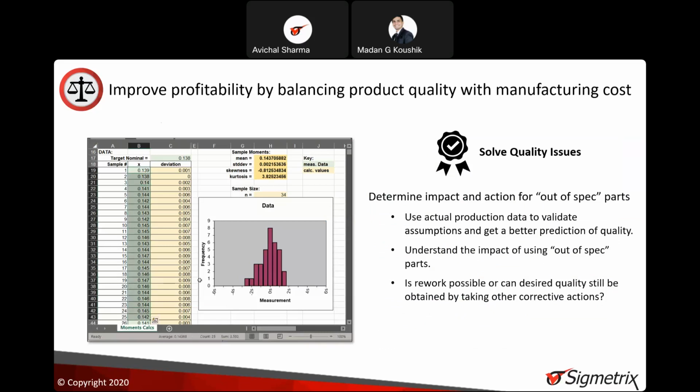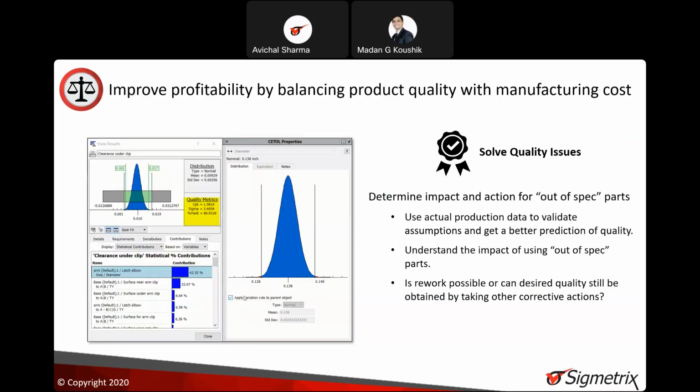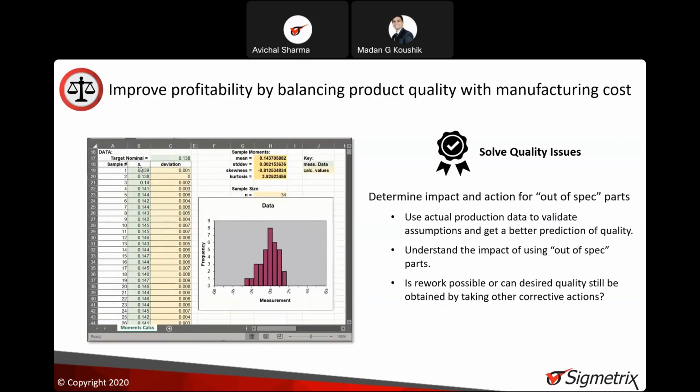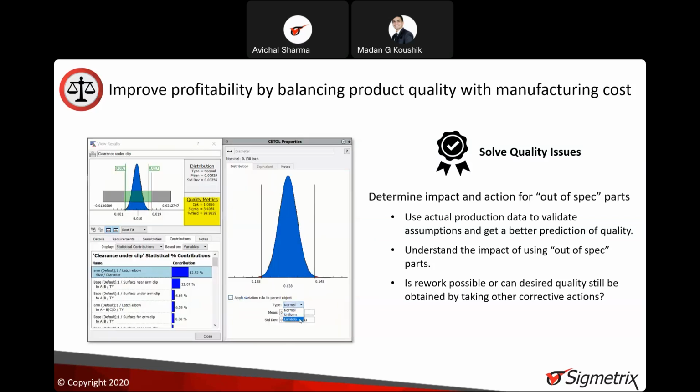Now, if you have some parts already manufactured, you have the sample data with you. Obviously what we use in the tool is the ideal distribution, where we are not considering any manufacturing defects. But if, due to manufacturing defects, there is some variation, like the distribution is skewed like this, what we can do is put in the modified values. These are the moments of this distribution: mean, standard deviation, skewness, and kurtosis. Mean, obviously, is the mean of the distribution. Standard deviation gives you